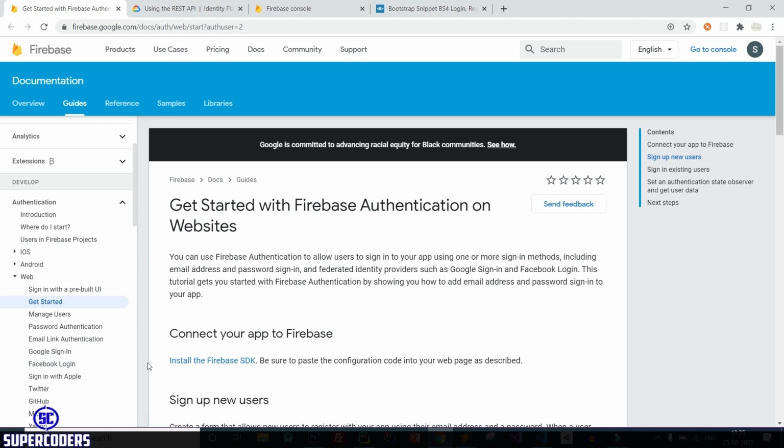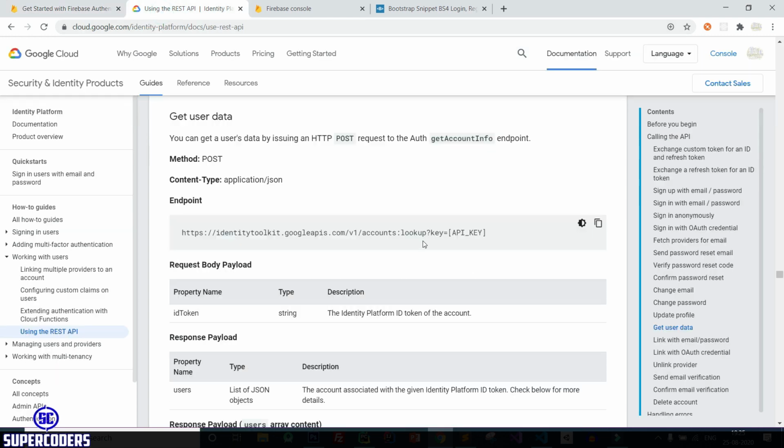So all this documentation is already prepared by the Firebase team. So we can use every login system of Firebase also. Now let's see the next step, which is Google Cloud, and you can see there is an API for matching your login access. So leave it for now. I will show you what is the use of this documentation page.